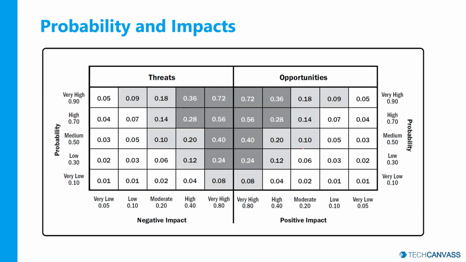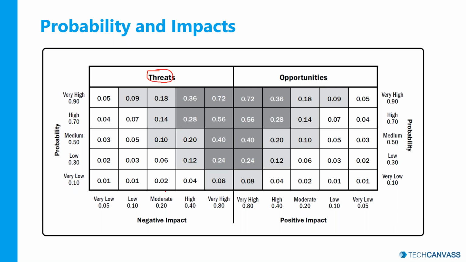And you can identify many ways of ranking your risks, right? Here is one suggestion from PMI, using the probability and impact matrix. This is called the probability and impact matrix. You can see here that you can have positive risks as well, right? On the left side you have negative risks.